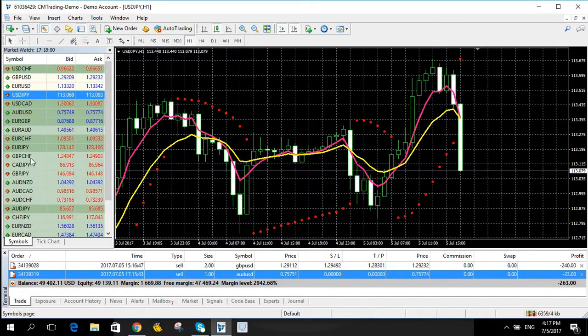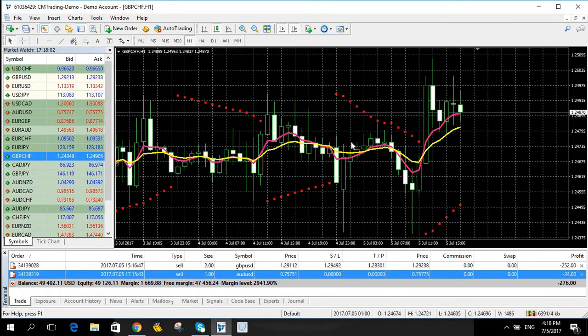And you may find a trend like this. If you just look at it from this side, you'll find out that there's nothing to trade. There is nothing to trade. This is a junk trend. All you need to do is move away from it. There is no clear indication here.